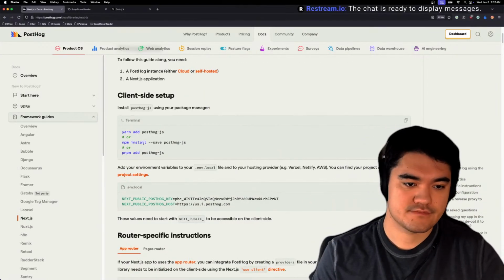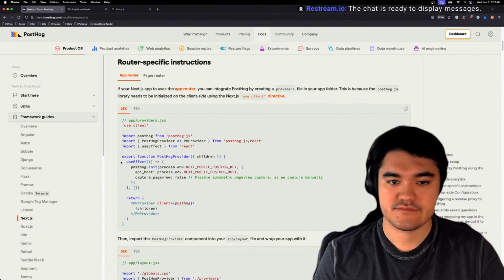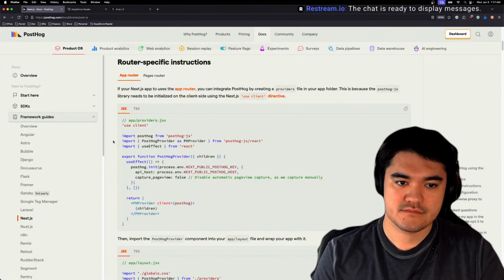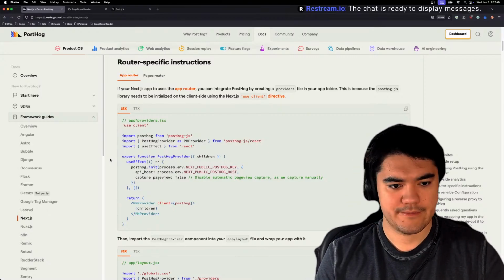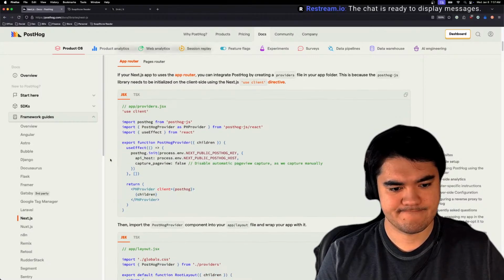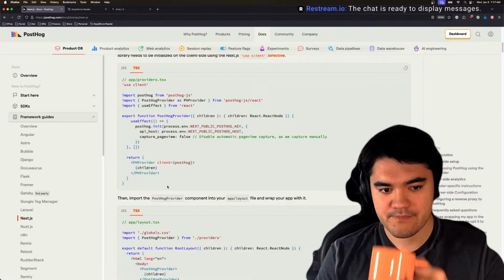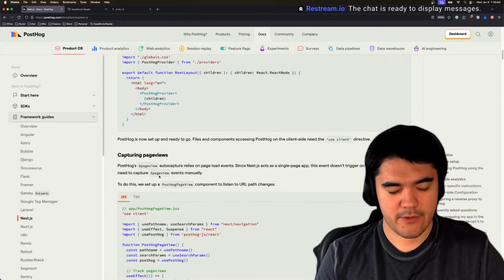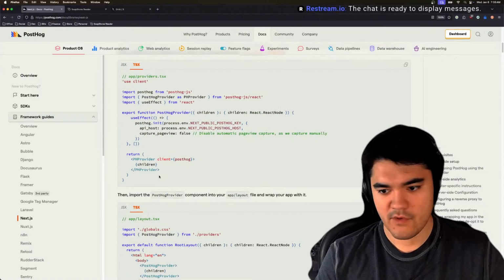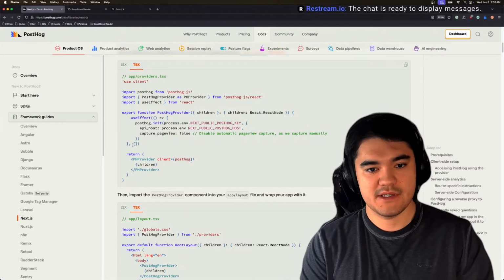Okay. Yeah, so we installed it, added it to our .env. What is so busted here?